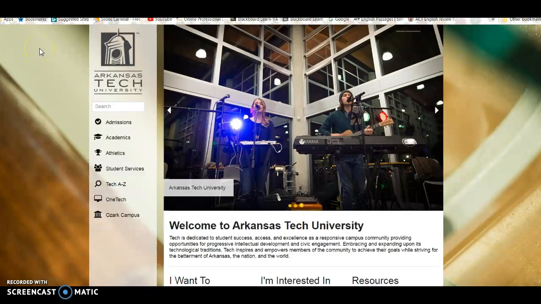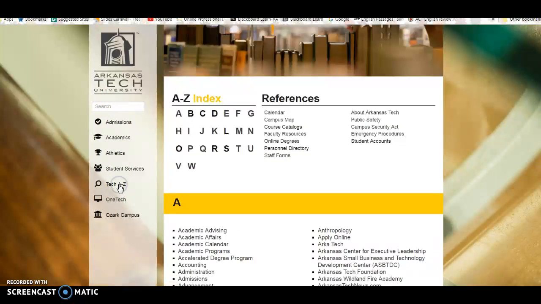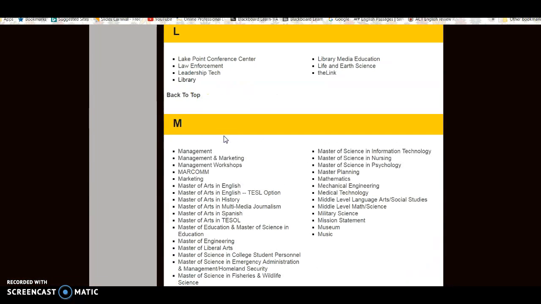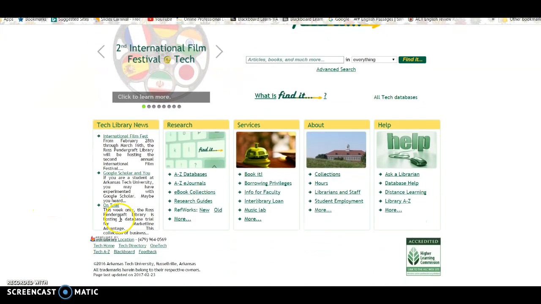Once you go to the university website, you can get to it through OneTech, or you can go this way, and this is just how I've always gone. Click on A to Z, and then L for library. Once you get to the library site, you have the databases right here. Just click A to Z databases, and I always start with